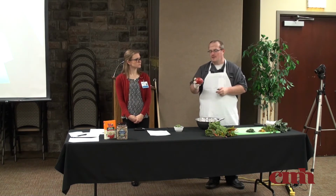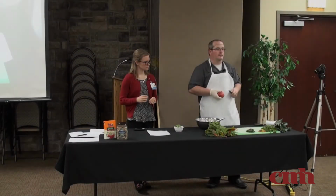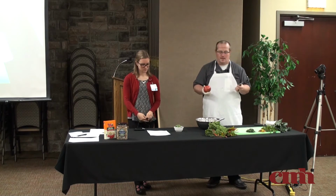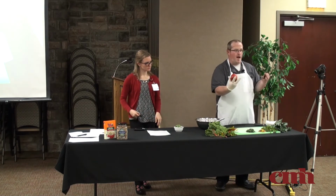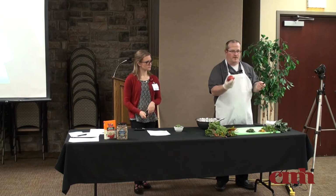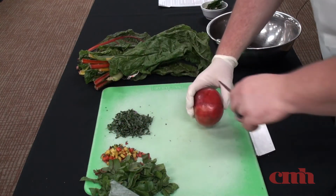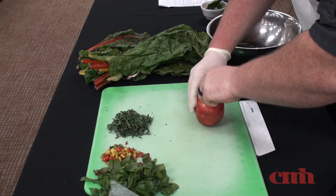And the coloration, you want nice and dark red like that. Cleaning them, getting all the seeds extracted, I found this one to be by far the easiest and the quickest. So whatever your non-dominant hand is, if you're left-handed like me, cut with your left, hold with your right. You're just going to try to hold the stem and the stern, and score all the way around it